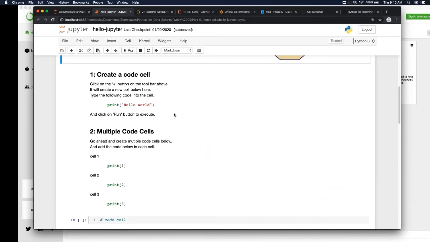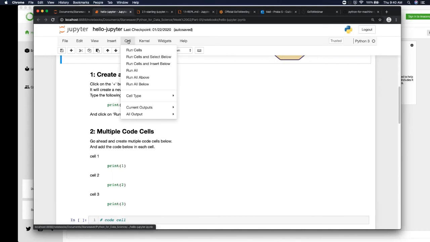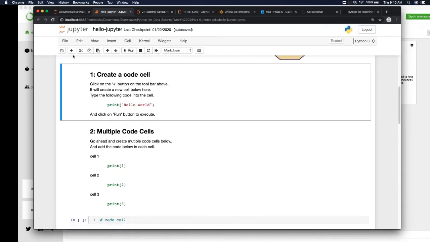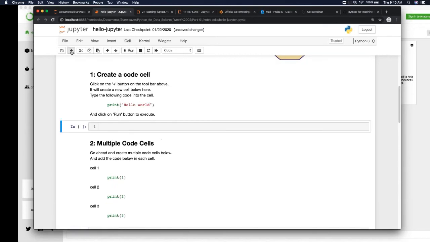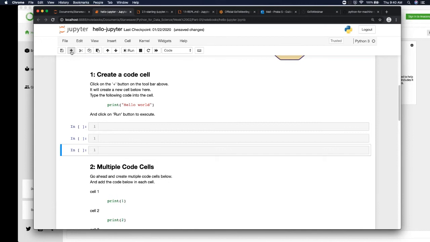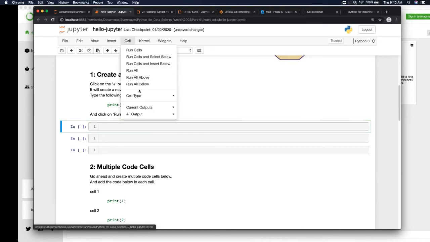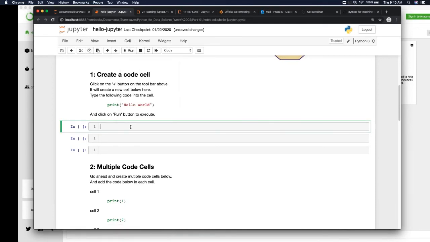And if you want to create a new code cell, you go here and you can change the cell type to code if it is already there, or you could use this plus button, which creates a new cell. So basically, if you keep clicking, it will keep creating new cells, and then you can go back and forth and change the cell type. By default, it creates the code cell where you can say, like, print hello world